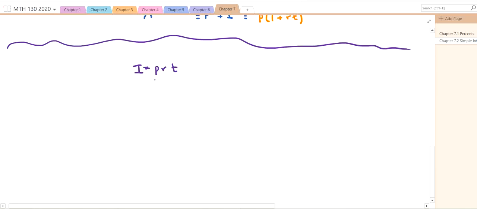Well, we could use some algebra and convert this to a formula for the principal, if you know what your interest amount is, divided by RT. I just divided both sides here by RT. You could take this original equation and